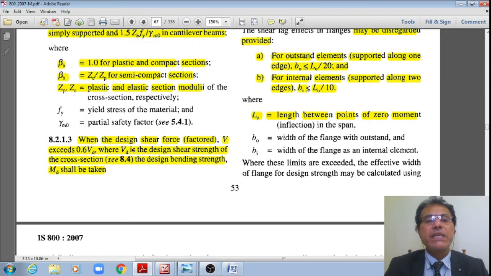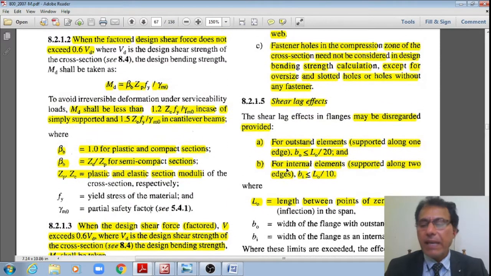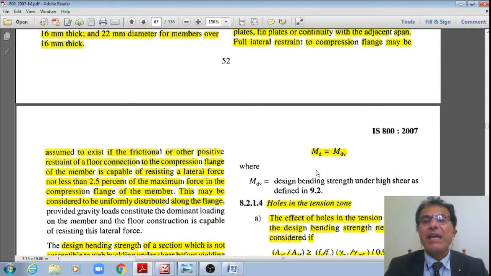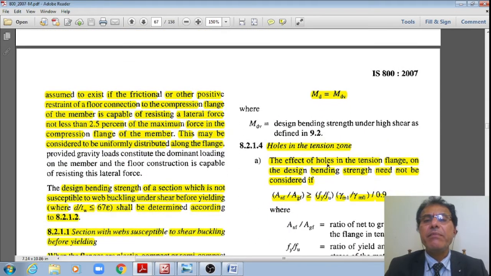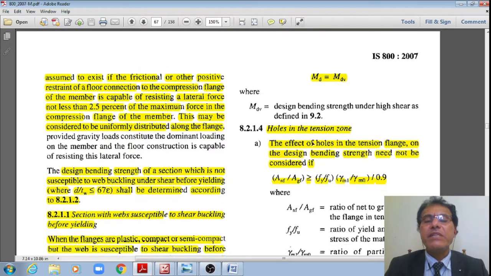However, if the factored design shear force exceeds 0.6 Vd, then the design bending strength Md shall be taken as Md equal to Mdv. However, what is Mdv? Now let us see. However, as defined in clause